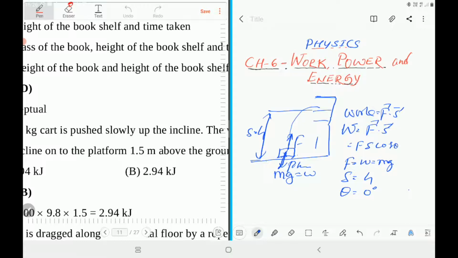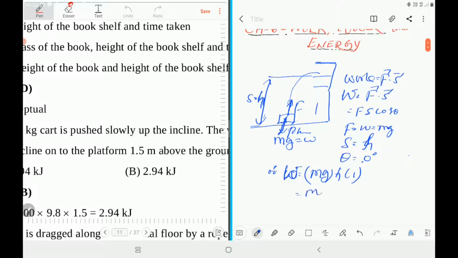He applies only the mg value, but it is in the upward direction. That's very important. You have to notice it. The force is up, applied against mg. That's why. And displacement h. So angle theta is 0. Therefore, what is work? Work W is F, which is mg, that is weight, into displacement h into 1. So the terms mg, weight and h, that is mass, acceleration due to gravity, and h,